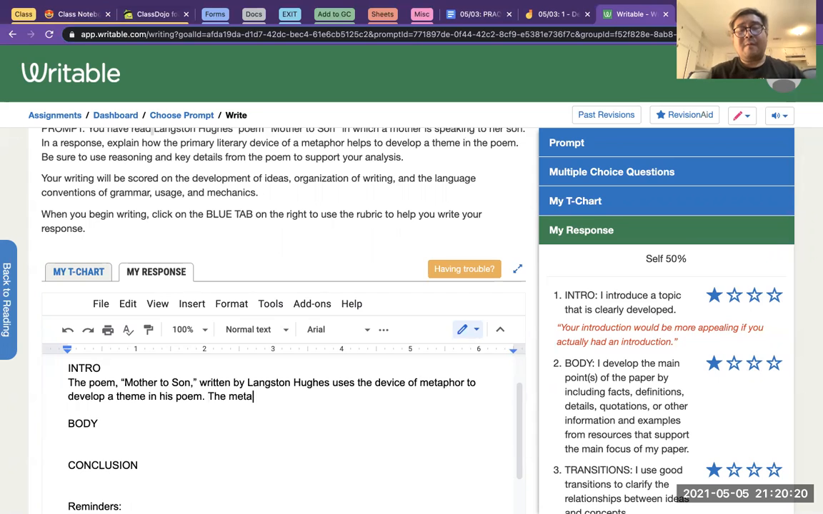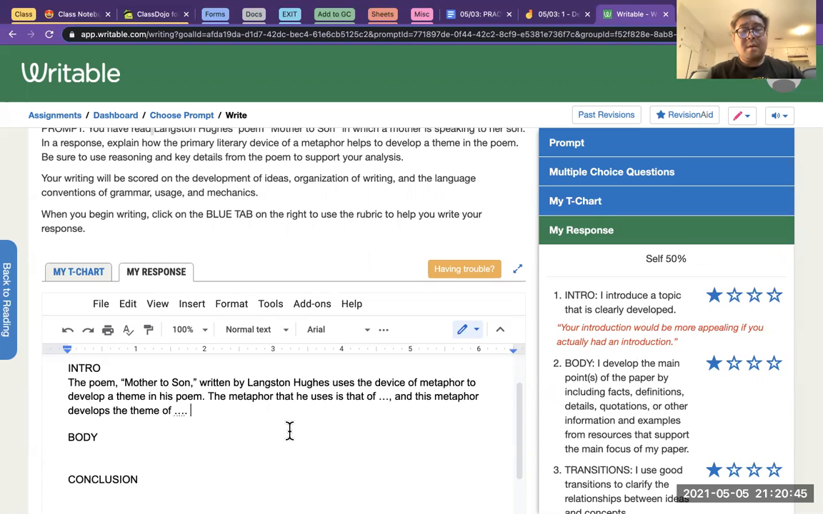So the metaphor that he uses is that of da da da, right? And this metaphor develops the theme of la la la, love, hard work, maternal or motherly love. I don't know. I haven't read the poem, to be honest. So this is how I started. Okay, so I set up my central idea,